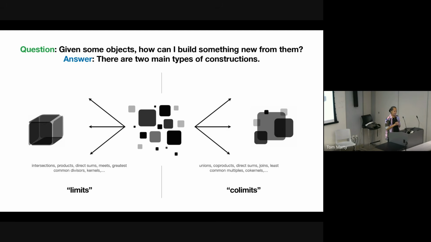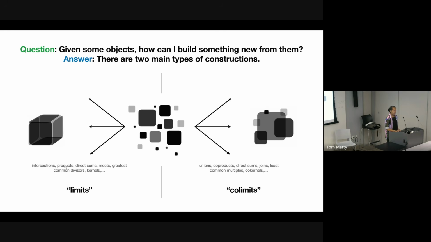okay? And they have formal definitions, which I'm not going to show you, but in category theory, there's two ways to construct new things, and they're dual of one another. On the one hand, you have a construction that's called a limit. On the other, it's called a colimit. The names don't matter. The interesting thing is that many things we're familiar with are special cases of these categorical constructions. For example,